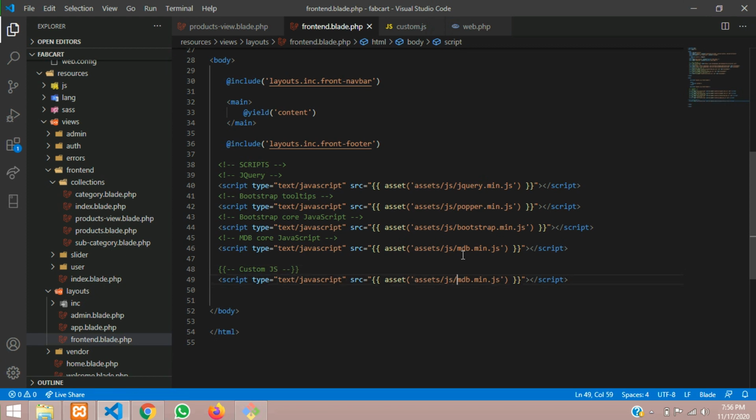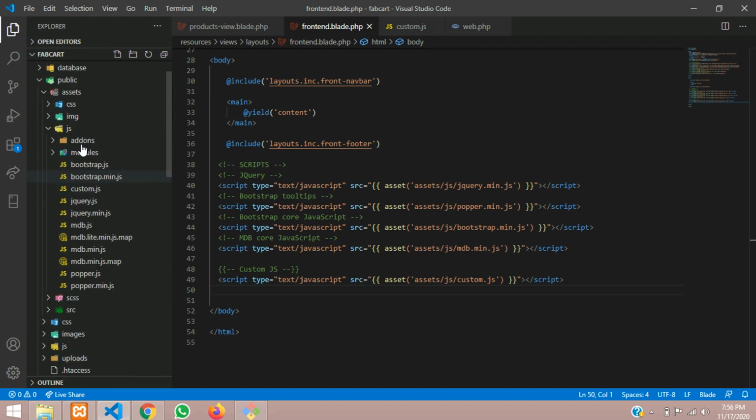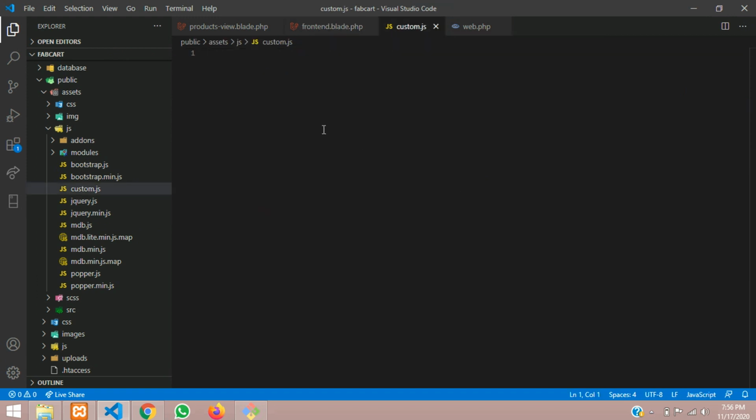And now rename this file as custom.js. So now we can follow the path which is properly working: asset JS custom JS. So assets JS custom JS file. Now let's save this, and let's go to our custom JS and start the code.